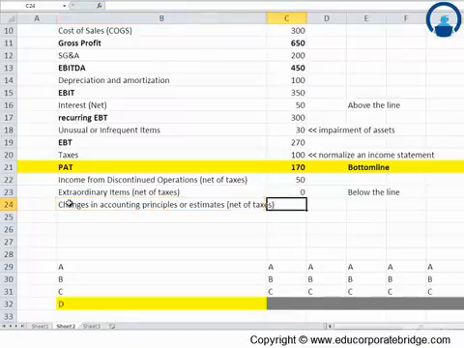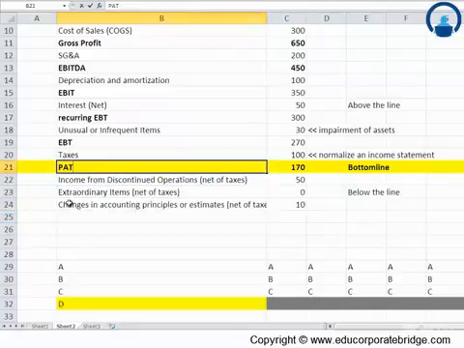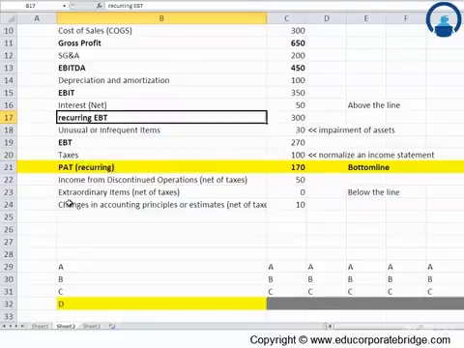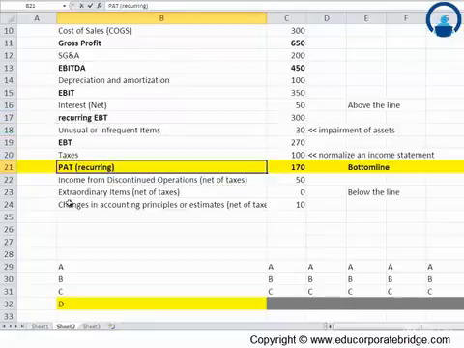So here the changes in accounting principles or estimates, which are written net of taxes, are considered below the line, and let me put some number here. 10 could be the number. So here we have seen this is a positive change. Another thing which we have to redo in a very small way is that we will call this PAT as PAT from continuing or recurring operations, like the one which we have done in the case of EBT. We're calling PAT as recurring PAT,